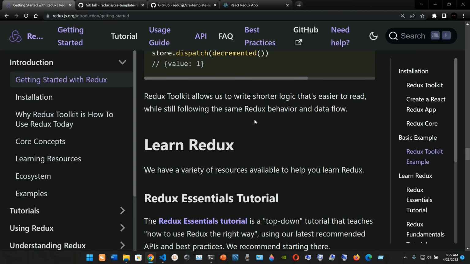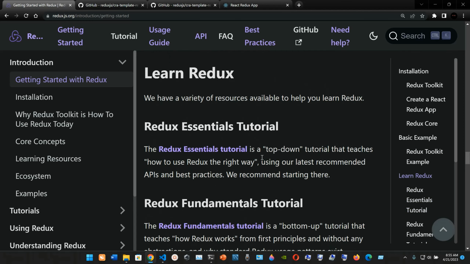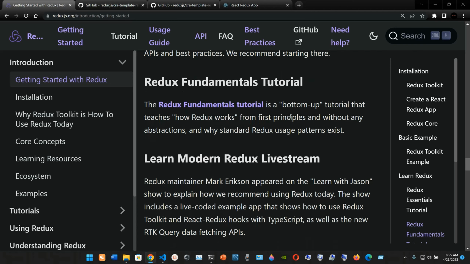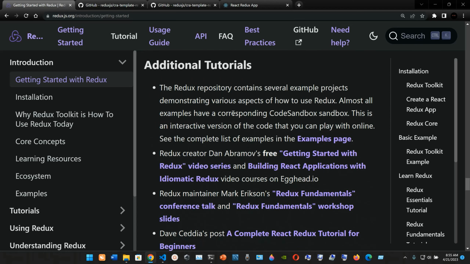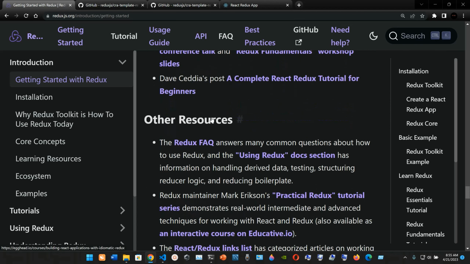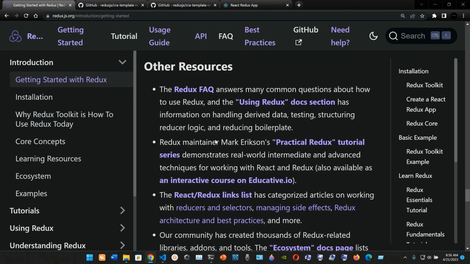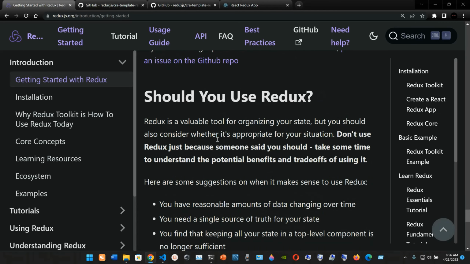Redux toolkit allows us to write shorter logic that's easier to read while still following the same Redux behavior and data flow. They have more information here about learning Redux. So you have the Redux Essentials tutorial, the Redux Fundamentals tutorial, Learn Modern Redux live stream, and a bunch of links here with more information. I'm gonna put this link for more information. You have other resources, help and discussion, and also you have Should You Use Redux,